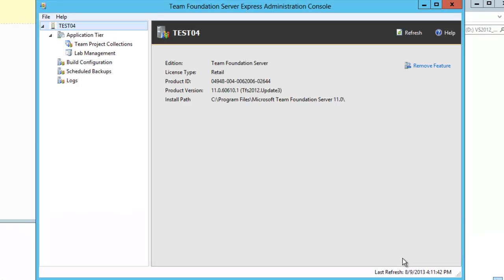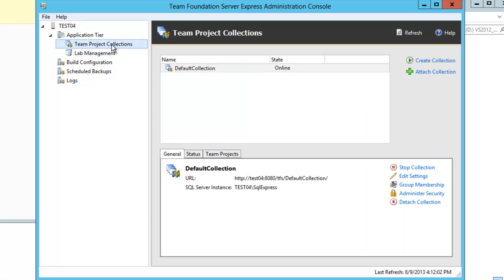The administration console immediately comes up. If you need to bring it up later, it is in your Start menu under Team Foundation Server. What we want to do is take a look at the team collections. We'll notice the default collection as provided by the installation. We can continue to use that if we want to. We can also create a new collection,